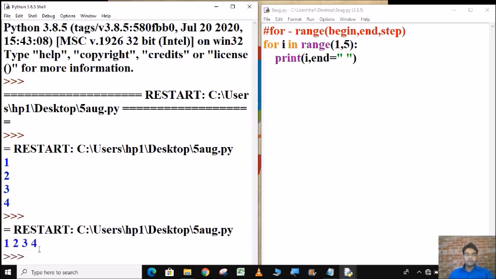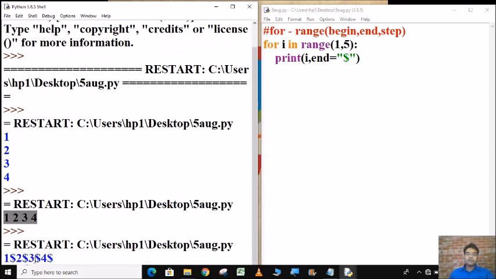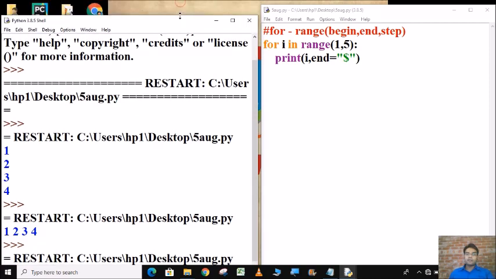See, the output is separated by space. Now suppose we put a dollar sign here, then the dollar sign will also come in the output. See, $1, $2, $3, $4. So these are called separators.